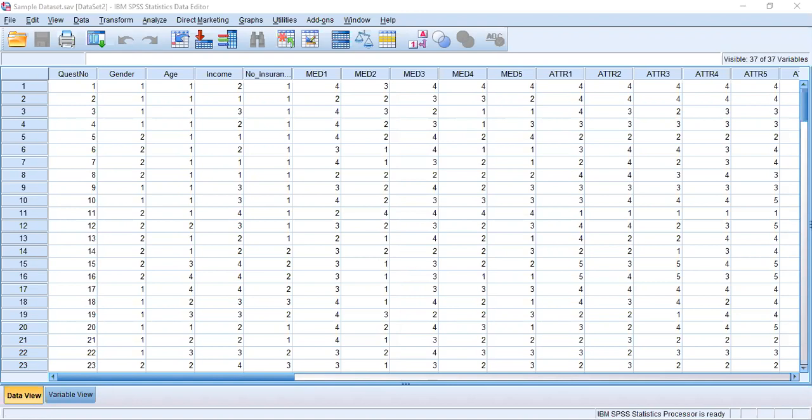Last presentation I told you how to test your pilot survey result, and the first presentation was related to secondary data analysis. Now in this presentation I am going to discuss how to do your main analysis if you are collecting data using a structured questionnaire and it is quantitative data.